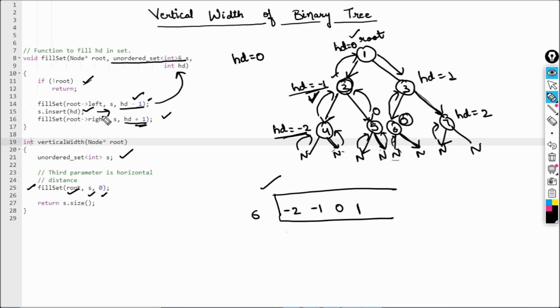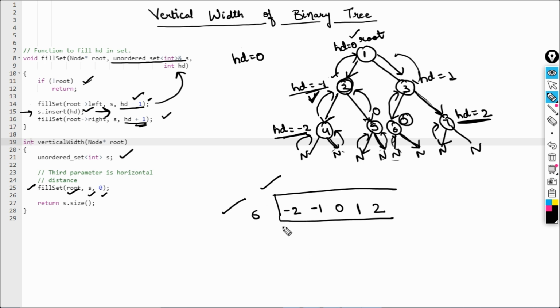So it has returned back and it came to this statement now, the 15th one, right? And it inserted ht. So 2 is not present here, so 2 has been inserted here. And it made a call on the right side. After that, right is again null, so it will return back. It will return from here, then here, and then it will return back, right? So basically, this is the status of your set. It contains these integer elements, right?